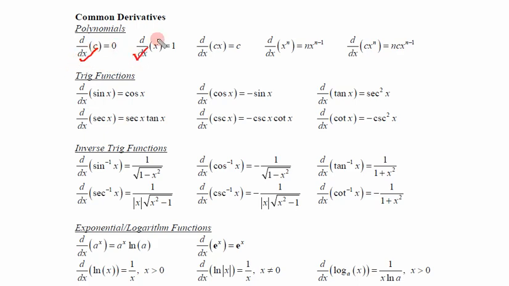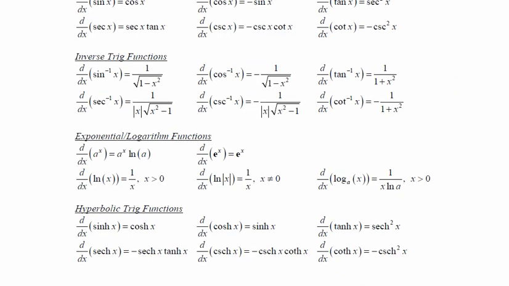So these 1, 2, 3, 4, 5, 6, 7, 8 are most common. Suppose there is some other formula, we will see it. So these are most common, and let us see some more. Now these are the inverse functions, differential of sine inverse x, cos inverse x. This we don't need for physics.